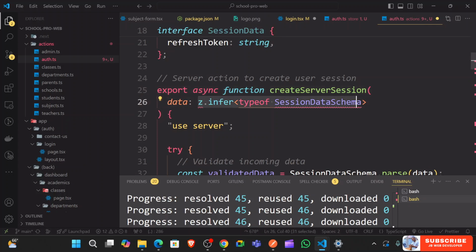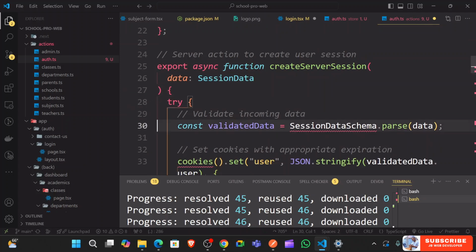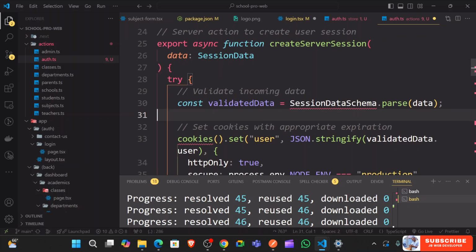Remove this data, which is going to be like type of session data. Remove this. And now